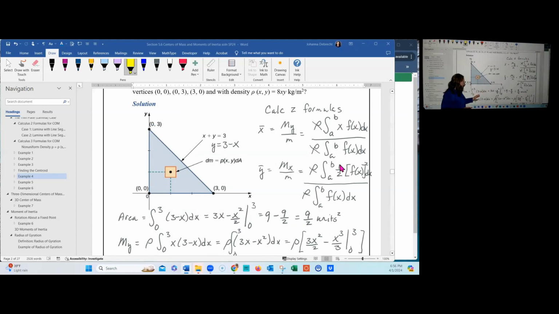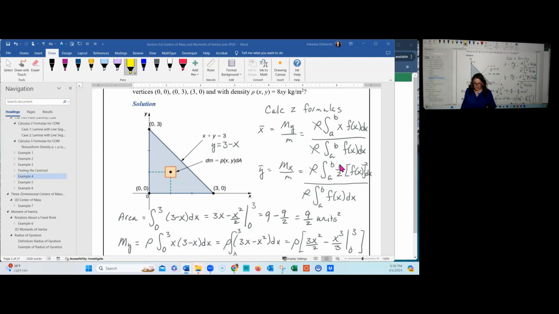You can see that the area is the integral of 3 minus x dx from 0 to 3. But it is a triangle, right? So you can also do 1/2 the base times the height. The base is 3, the height is 3, 3 times 3 is 9, and half of that is 9/2. So you get 9/2 square units for the area, which forms the denominator of both x bar and y bar